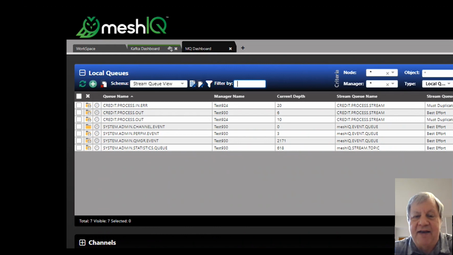There were lots of people who wanted to have access to the event queues, right? So different monitoring products or your own applications, you name it, they all wanted to have access, but only one of them could read it. And so there were different techniques for that. Well, now with streaming queues, you can see that I went ahead and created a meshIQ event queue as a stream queue for that.